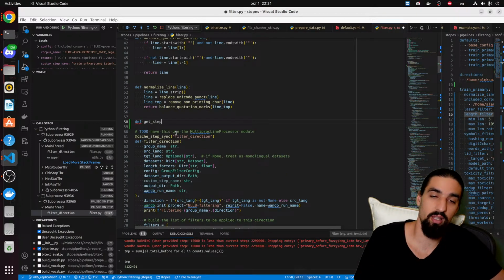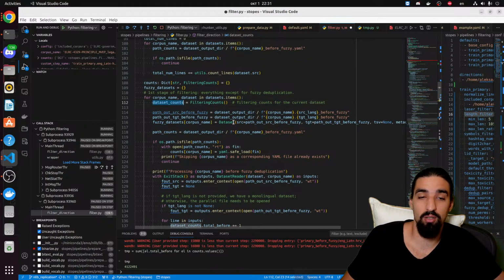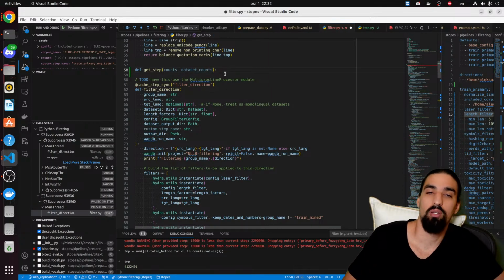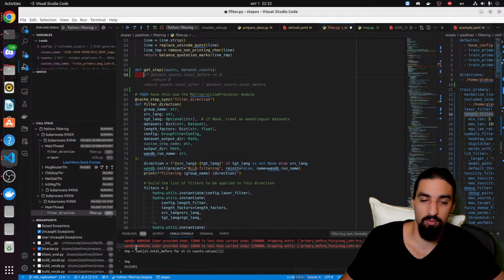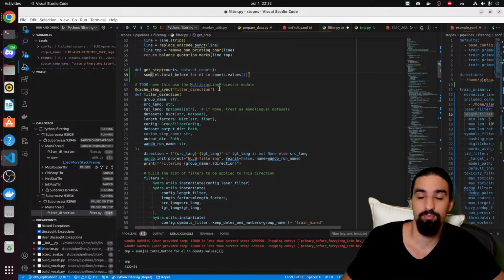Get step, and we pass in the counts, and we pass in the current datasets counts. And then what we do is exactly what we've done above here. We go through the counts, we sum them up,